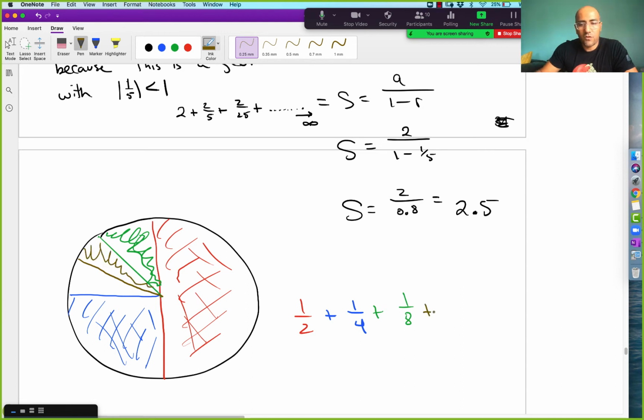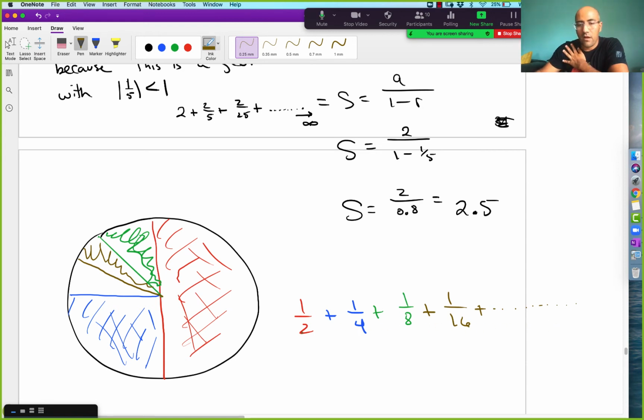And so the next day you eat 1/16, right? And then you keep going that way. So mathematically we could see that we can come up with a long, infinite list of fractions that we're adding,